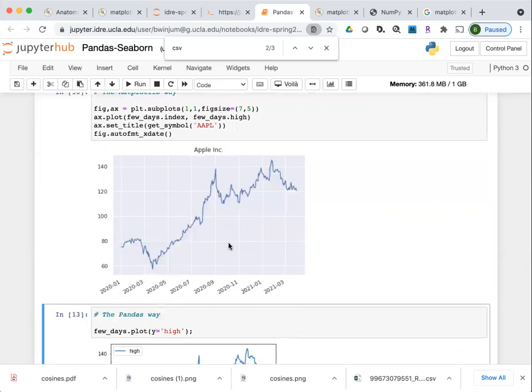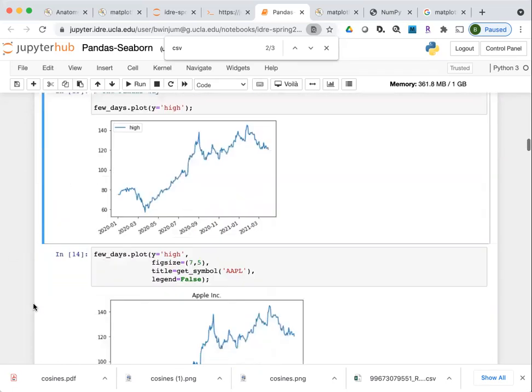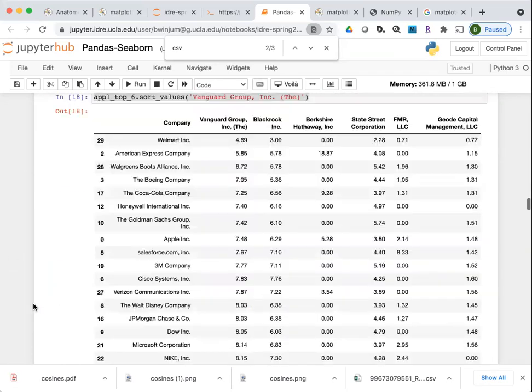So if you decide that some of these style settings are particularly nice for your use, you could use Seaborn just to set the style settings, and then it will apply to other figures that you generate with Matplotlib or pandas as well.